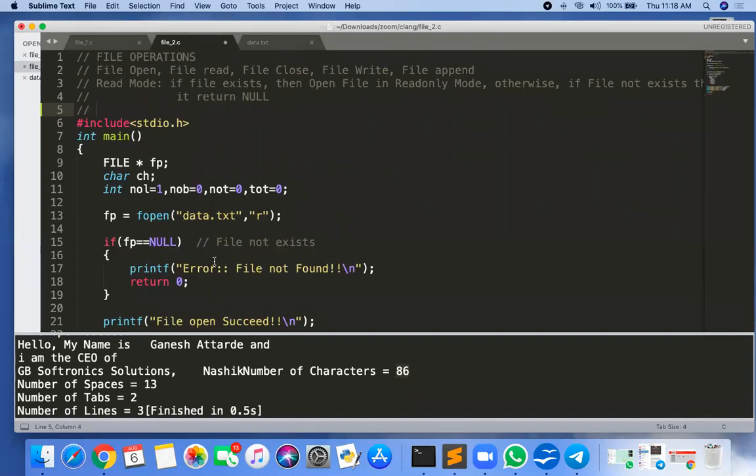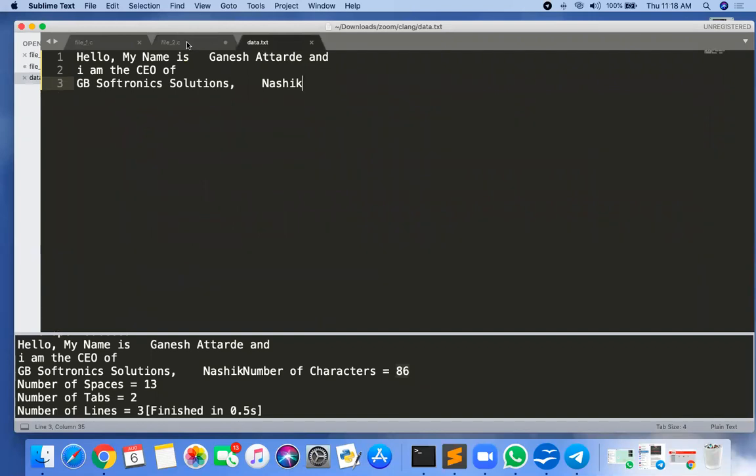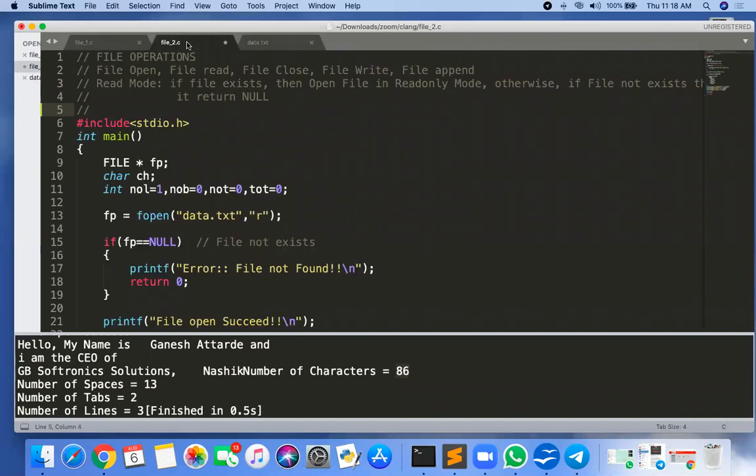But in that program, you actually require both operations. The first operation is the read operation for data.txt, and the second operation, the write operation, is for data1.txt. That is your file copy. Getting? So we see the next mode, and that is your file write mode. In the file write mode, first we will see if the file exists, then